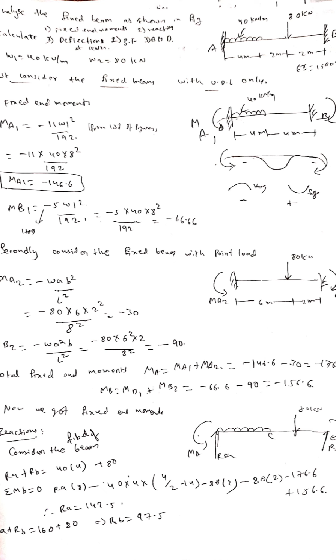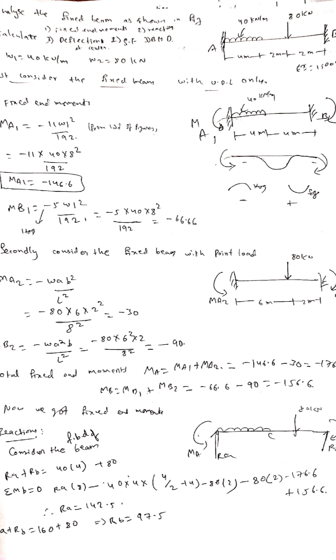MA equal to MA1 plus MA2, MB equal to MB1 plus MB2. So here, first of all, we'll consider the UDL only on the fixed beam, and for this case, we'll calculate MA1 and MB1. So MA1 formula for half UDL, when there is a UDL on half of the span